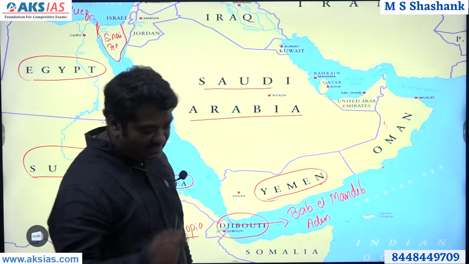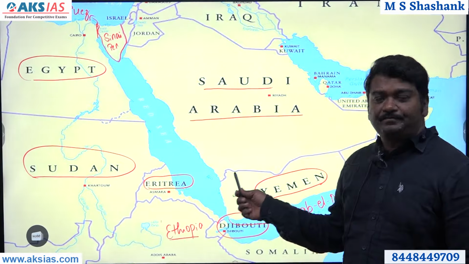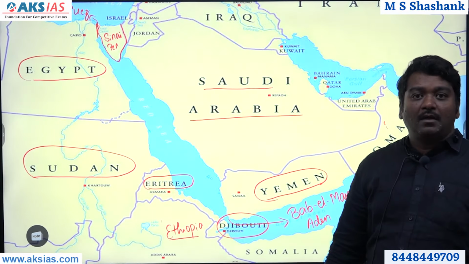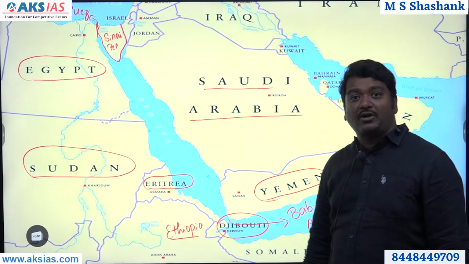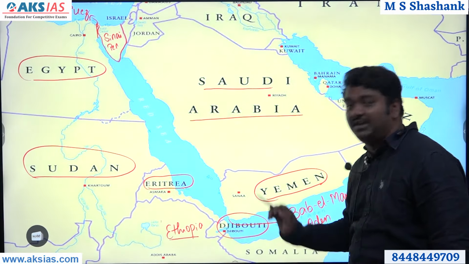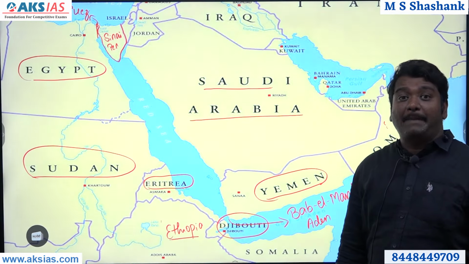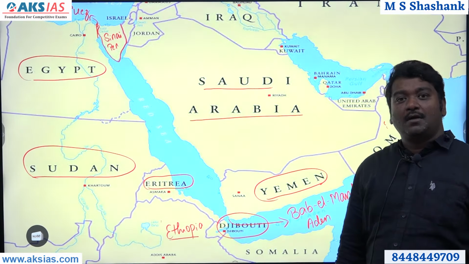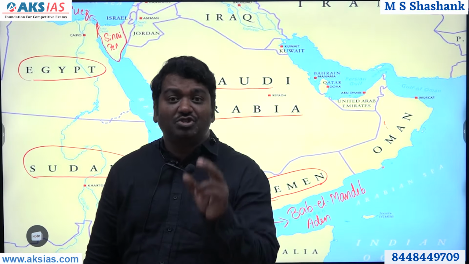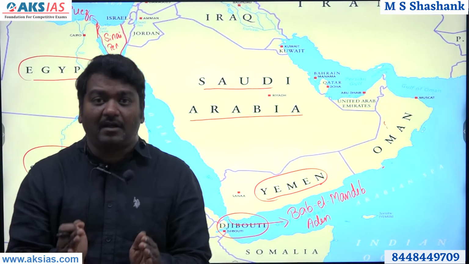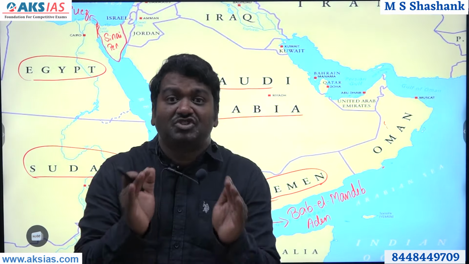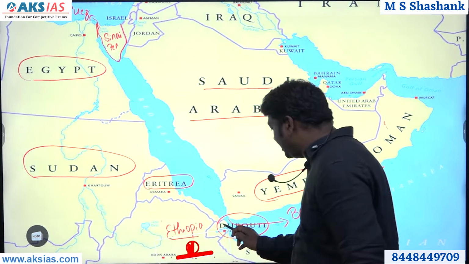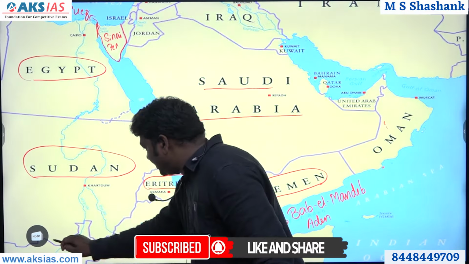Djibouti, as an Indian, if I look at it, what is so important for me? For me, this area is important because this place by name Djibouti has become part of the Chinese String of Pearls or Belt and Road Initiative. It is believed China has given $100 billion to Djibouti so that they can get a place for their maritime security. That means the Chinese Navy can be present in Djibouti. Are you understanding the significance?